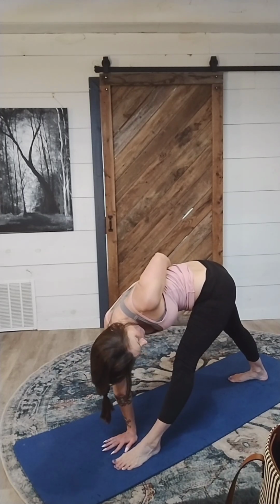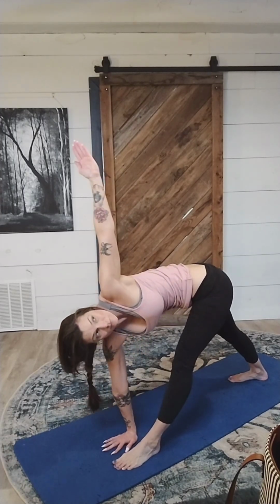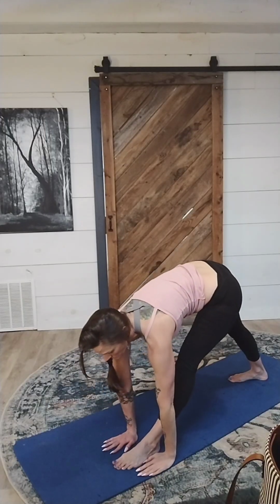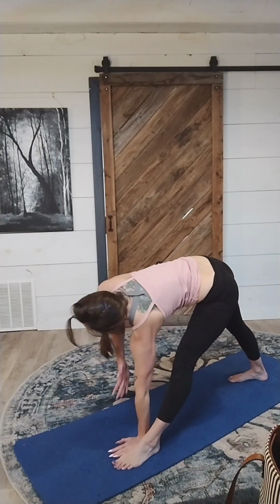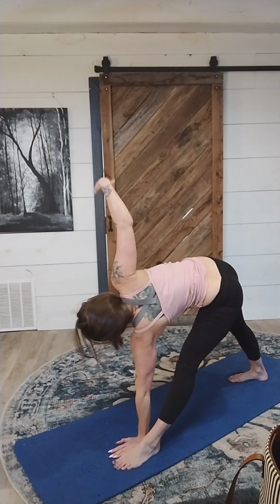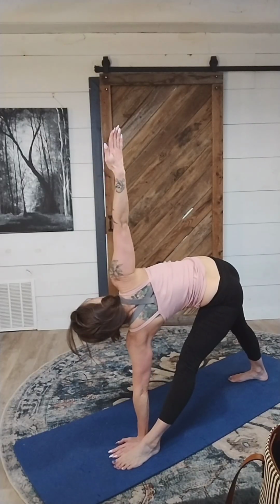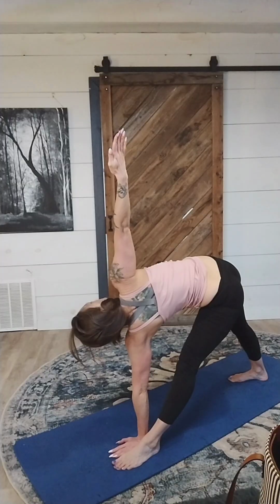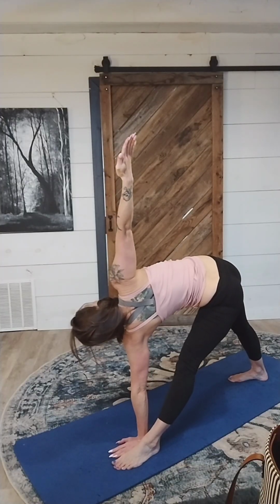Let's do some spinal twists in this triangle pose. First one side, place your arm up into the air, then the other side. You'll feel some different sensations in the different parts of your hamstrings, really getting them warmed up